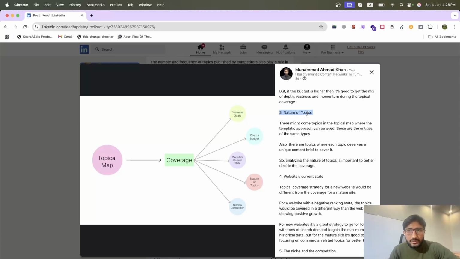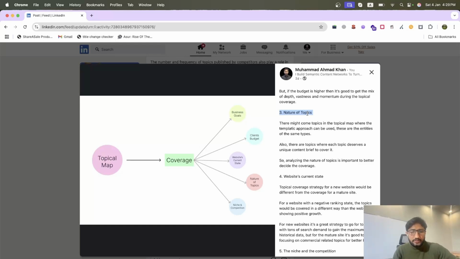But if we can follow the template approach in certain cases to reduce the content cost, then obviously that would help the website grow much earlier. We can get much more historical data. But for templates we obviously need some more strategies, or we need to align with more methodologies as well, because following a templating approach